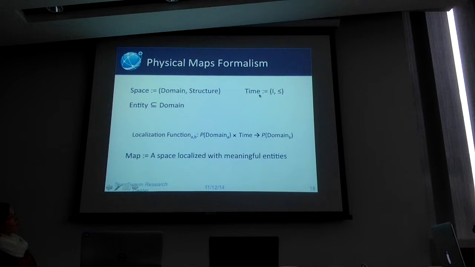We also have time, which is a partially ordered set. A partially ordered set could be a total order, like real numbers or integers, but I want to allow for the possibility that we want to order things by external events. I know that